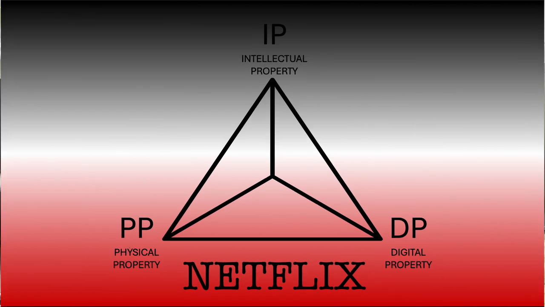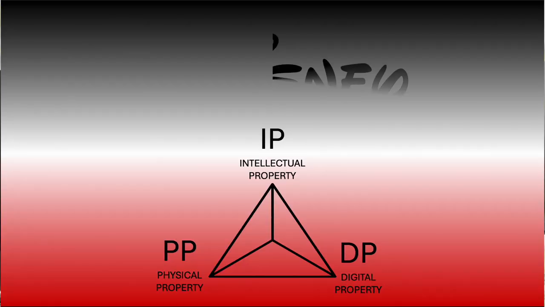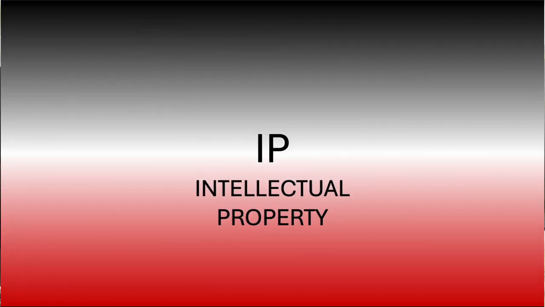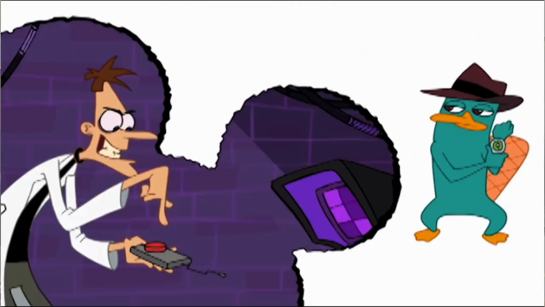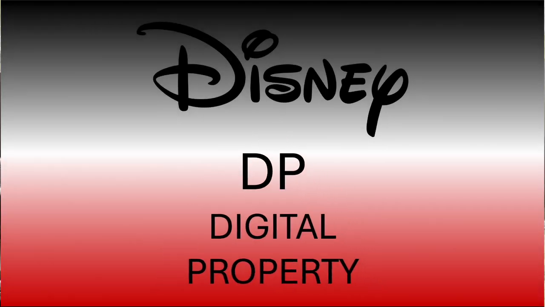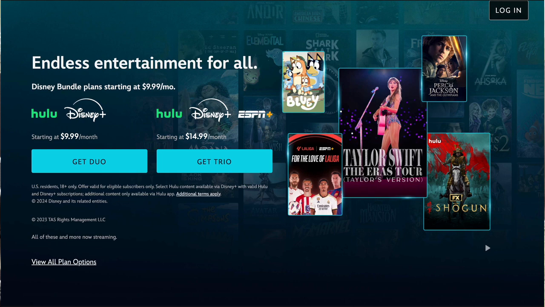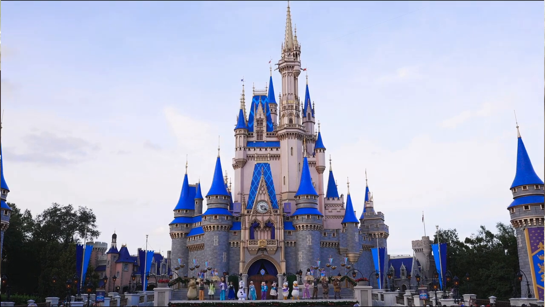So an example of a company using all three of these to leverage maximum growth inside their company, and the company that probably does it, if not the best, one of the best, is Disney. They have their IP, which is their storylines and their characters like Mickey Mouse and Toy Story and things like that. They have their digital platform, which is Disney Plus, that they use these same movies and characters to stream on their platform. And they also have Disney World and Disneyland, and these are physical places that people can come and interact with their IP.